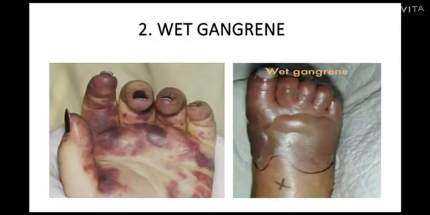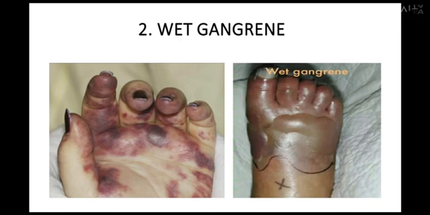The second type of gangrene is moist gangrene or wet gangrene. Wet gangrene occurs when infection and bacteria invade deeper tissues. The invading bacteria release toxins leading to blockage of the blood supply. There is sudden reduction in the blood to the affected tissues. There is a formation of black blisters and foul-smelling pus beneath the thin skin at the area. This causes excessive swelling in the affected area.